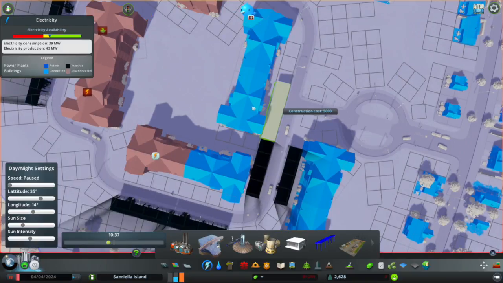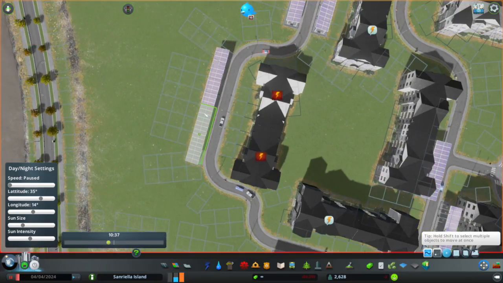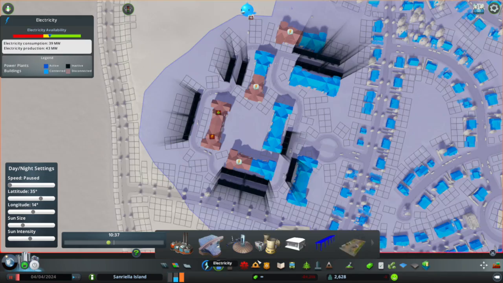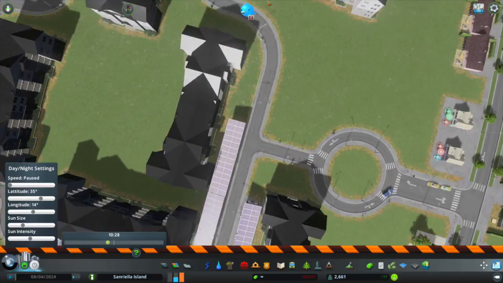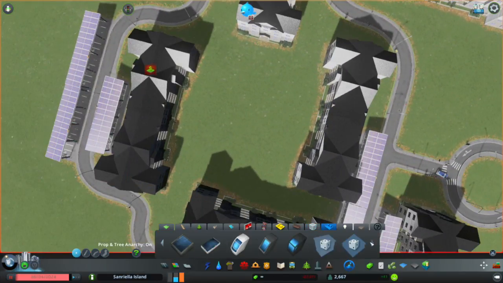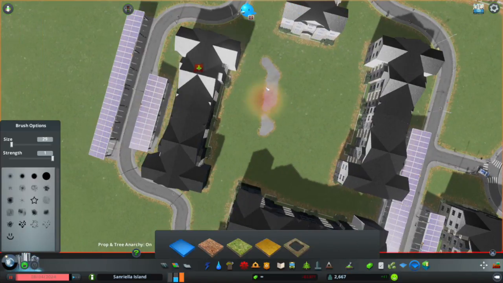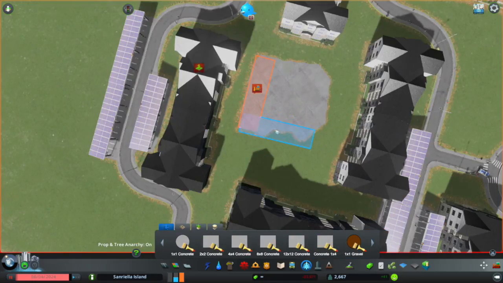Here I'm actually solving 2 problems at once. There are these cool assets which are covered parking, but they're parking that's covered with solar panels, so they actually do produce electricity for your city. I've been having a bit of an electricity problem. I started the city out with some wind turbines, and then went ahead and plopped down a waste-to-power generating facility. I'm about to get started on the build for the pool now. But the problem with that waste-to-power facility is that I don't actually generate enough waste yet, because I only have